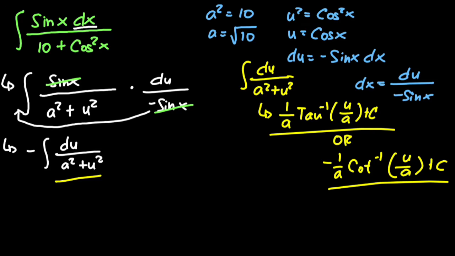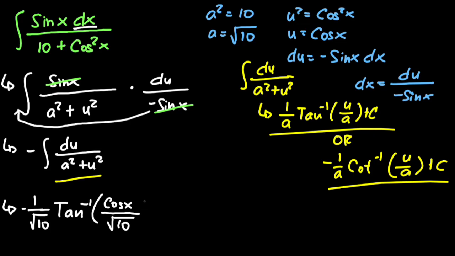And so let us solve this. So this will become negative, because there is negative here, 1 over a here is square root of 10. Arctangent multiplied by u here in this case is cosine of x over value of a, which is square root of 10, plus c, or